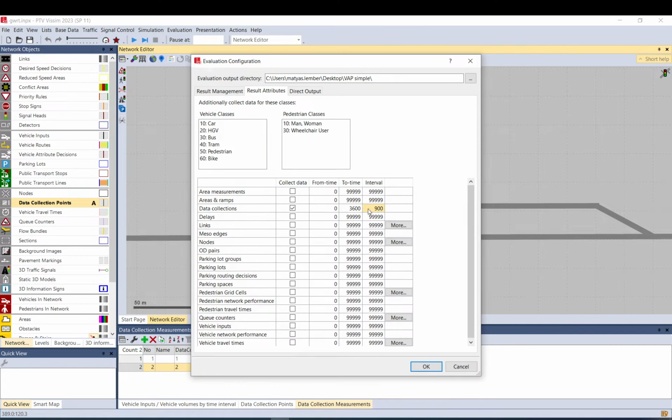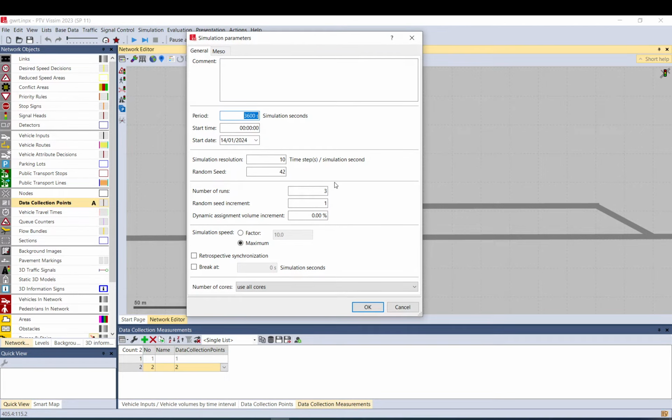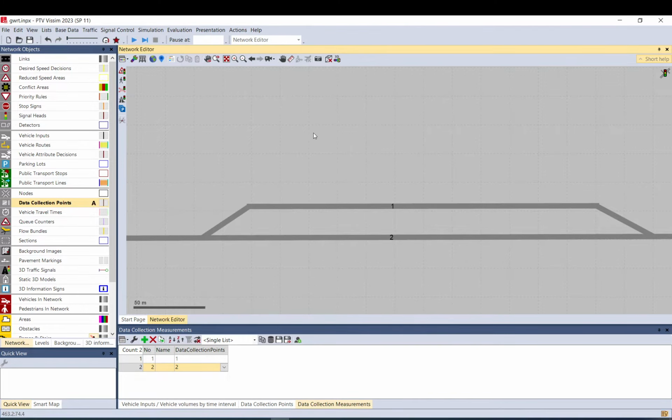And I'm going to extract data for each 15-minute interval. So it's 900 seconds. And the end time is 3.6 thousand, so that is for an hour, from 0 to an hour every 15 minutes. Okay, so data will be aggregated for that 15-minute period, basically in an hour. The model runs for an hour, and I will run 3 simulations. It will be a multi-run. If I run the model,